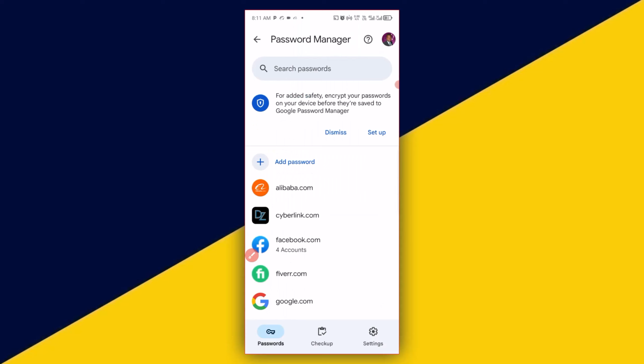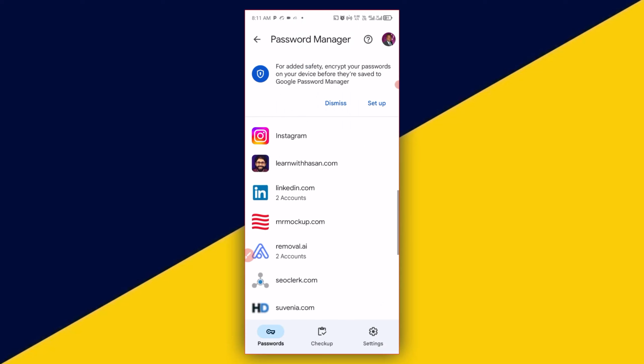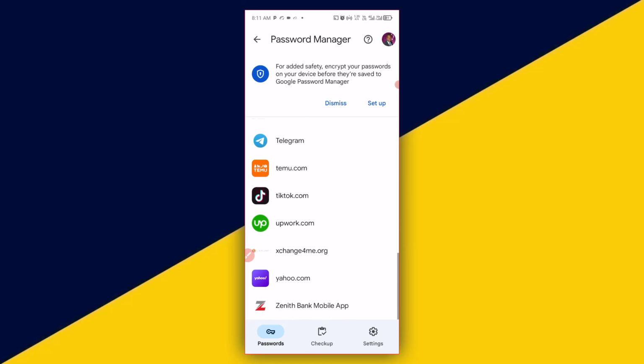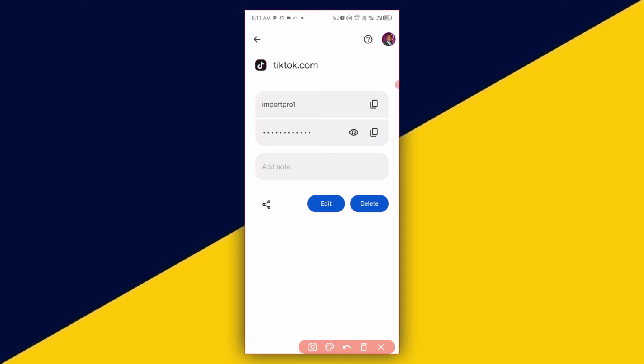Then the next thing you need to do is to simply look for your TikTok app. So right here, this is my TikTok. So I'm going to simply click on that. Here we go. So in a few seconds, you'll be able to see your TikTok username and your TikTok